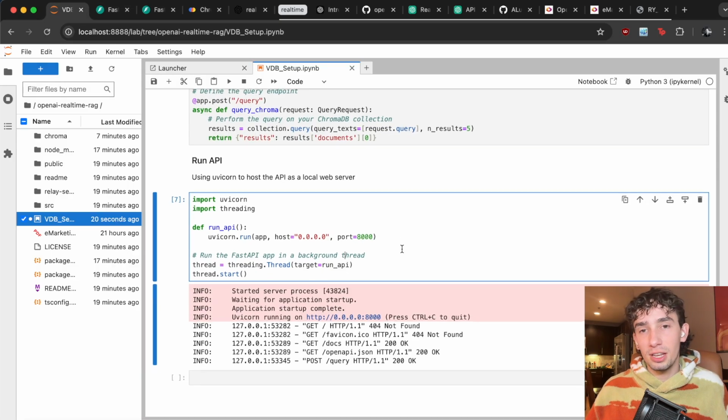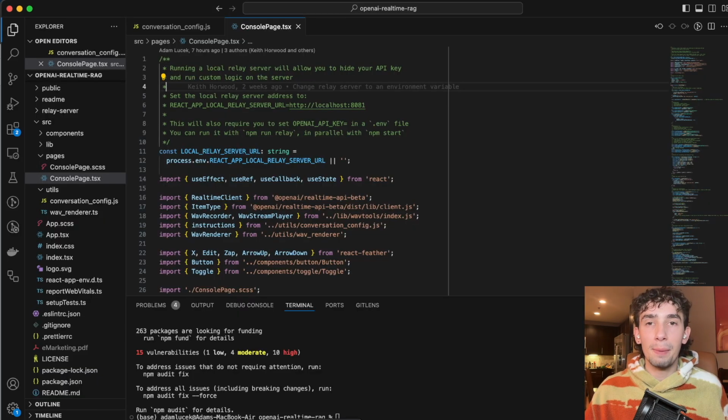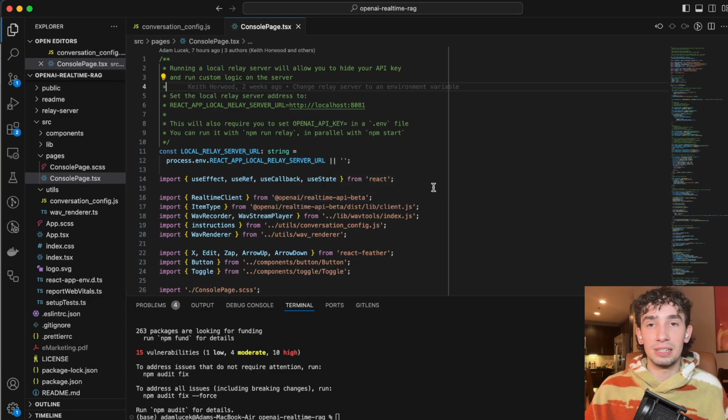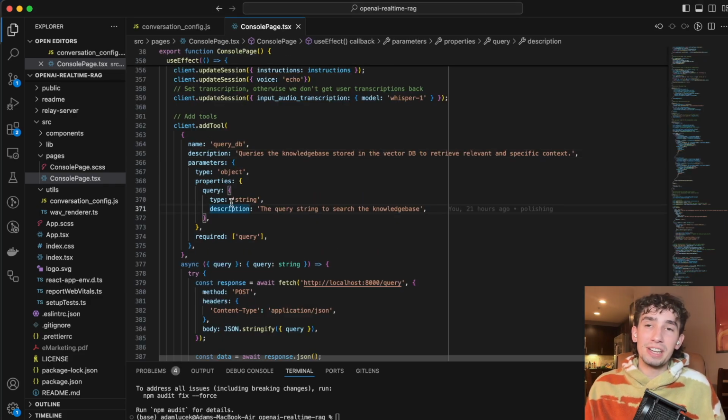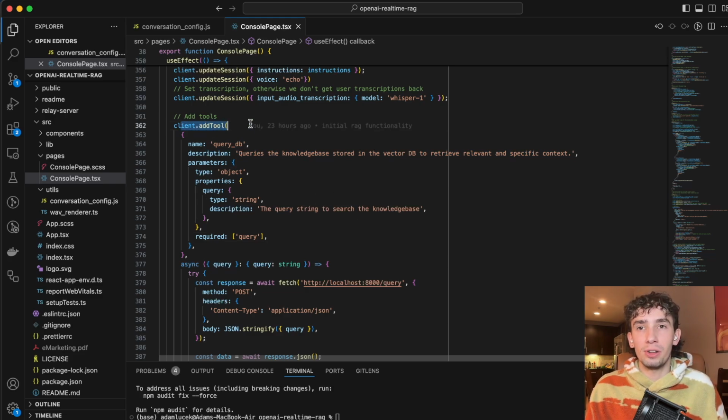So now that that's set up, it's ready to go and be called by our main application. So let's hop back over to VS Code and show where that function is actually being defined and called, and how to start our interface as well as define our prompts. And the primary integration is on line 362 here in the main console pages TypeScript file, where we're calling this